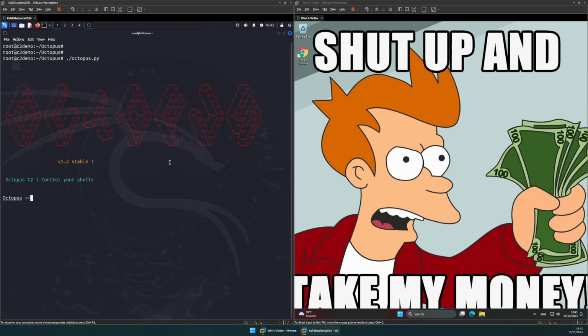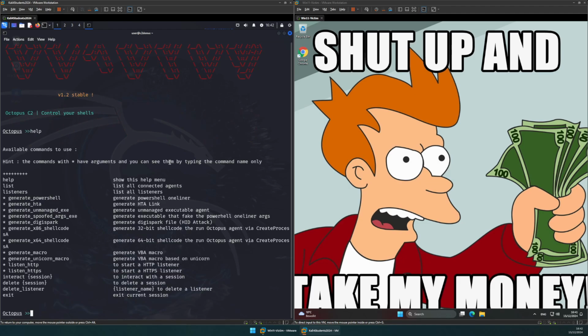It's open source software you can find on the internet, and it has several options to configure and to create listeners, right? It has HTTP and HTTPS listeners, set up sessions, and even create the payloads that you want to be executed on your victims in PowerShell, on HTA, and executable, even on DigiSpark,